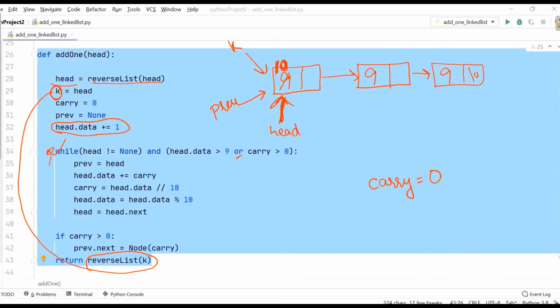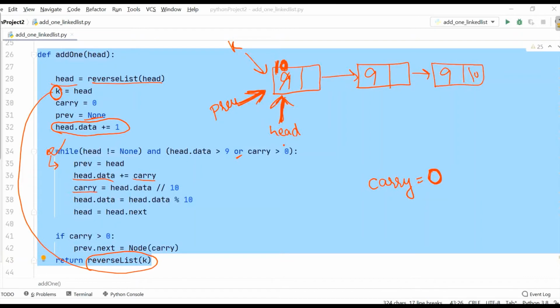Now going inside the while loop, we need to check previous is pointing to the same head. Earlier it was none. So here we'll be pointing this previous to the head. Now we need to see head.data should be added to carry, as our carry part is 0. So 10 plus 0 will be as it is 10.